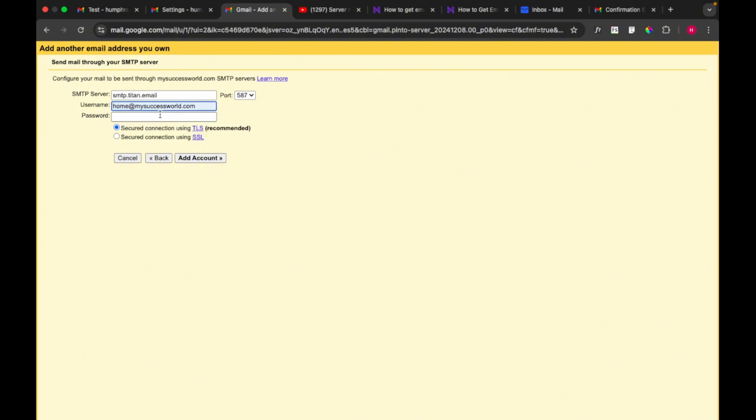We add our email account as our username. Then we add our password. Add my password, not our password, it's my password. And now you can see our port is 587, which means